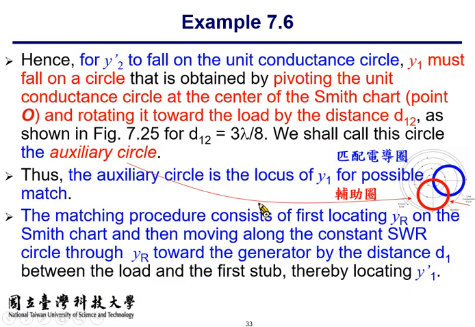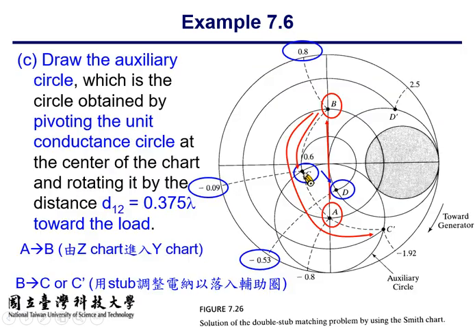Then for the point C on the chart, with a three-quarter rotation, it will rotate to point D. Okay? So point D will locate on the unit conductance circle. And the susceptance read from point D is -0.53. So in order to move point D to the center so that you can achieve matching, the required susceptance is what? Positive